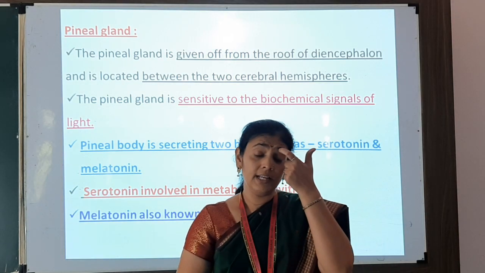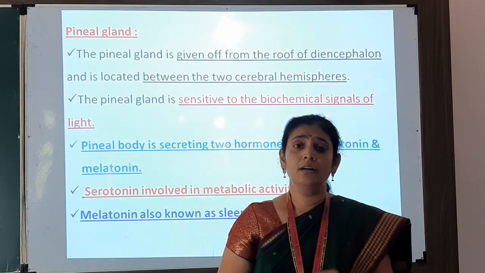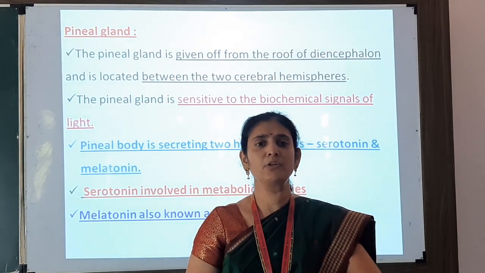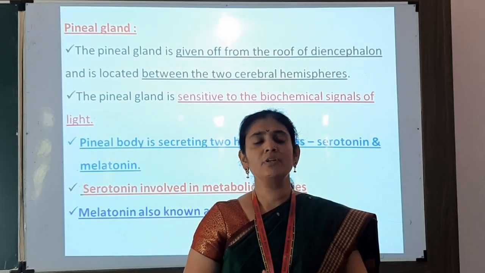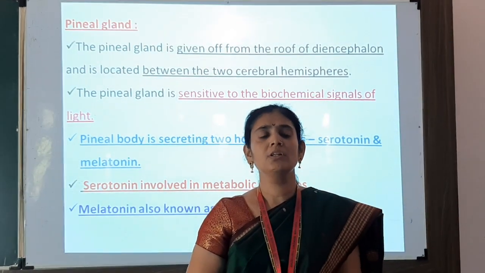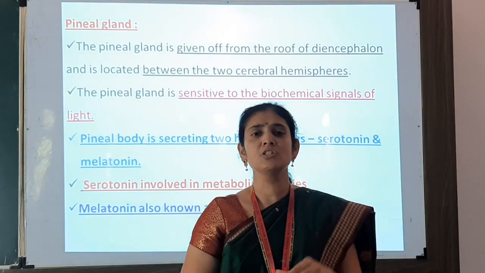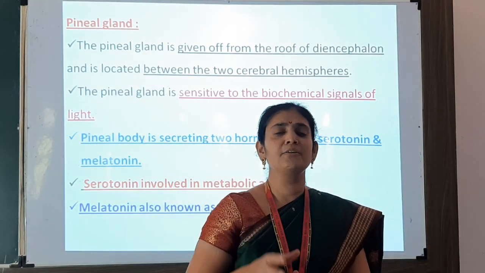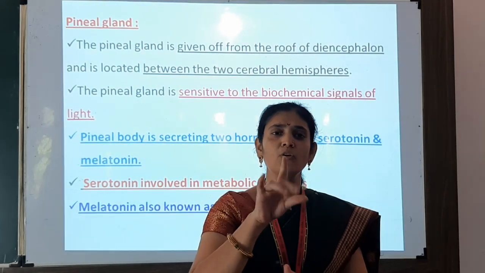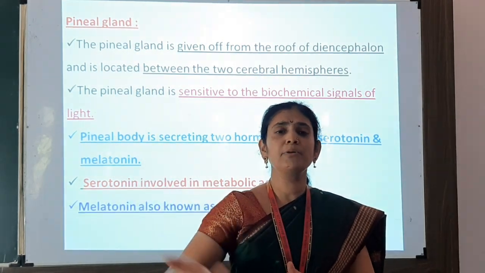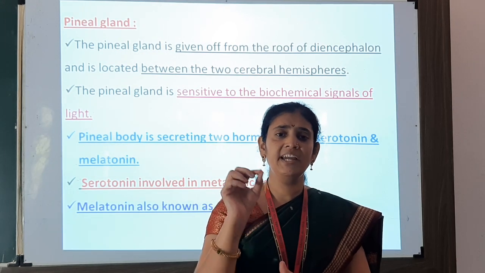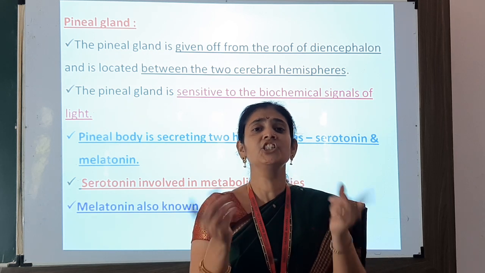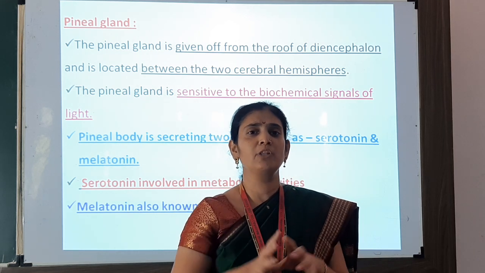Students, in the last lecture we studied the different hormones secreted or released by the pituitary gland. The anterior pituitary secretes different types of hormones. In all we have seen 5 hormones secreted by the anterior pituitary, the pars intermedia secreting only one hormone, and the posterior pituitary releasing 2 hormones, ADH and oxytocin. We also saw the relationship between the pituitary gland and the hypothalamus.